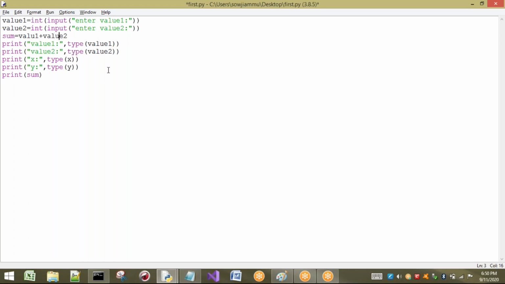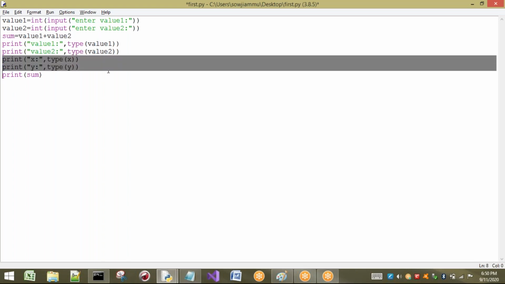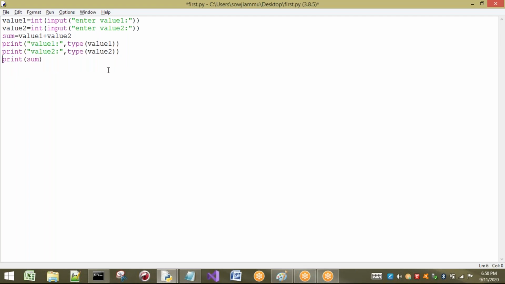Now you have to observe one thing, that value 1 and value 2 are which types now? Here there is no concept of x and y. So now what happens? Whatever value it is going to take here will be in the form of string. I am converting that string to int. Same here also. So now value 1 and value 2 will be having which type? Int type. So those are going to be added and sum is going to be printed here.